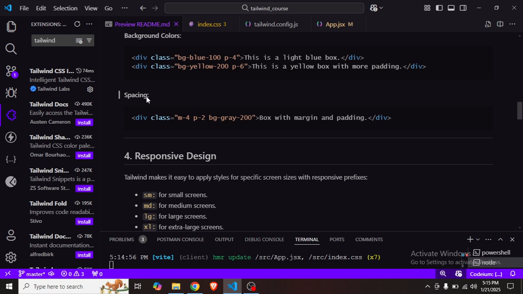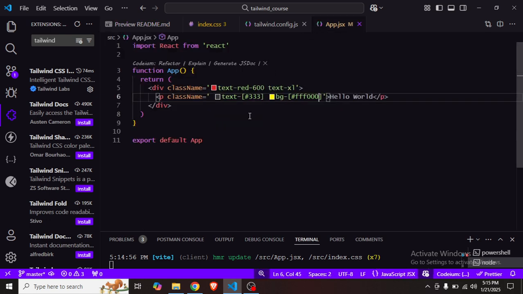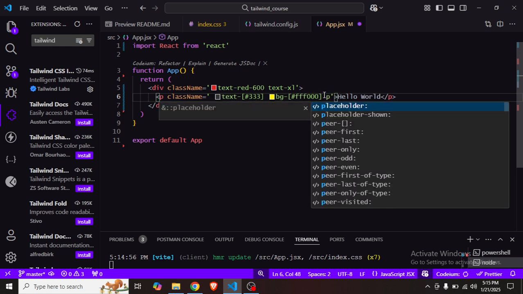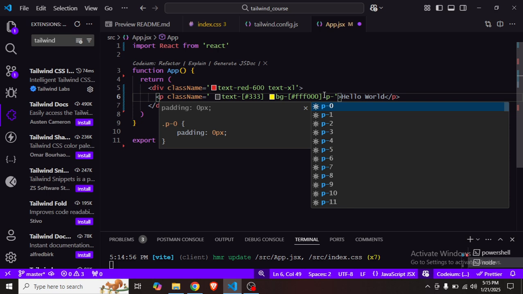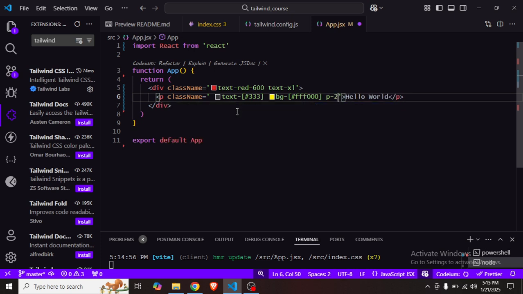So here is another concept which is called spacing, and in spacing we are going to learn about margin and padding. Okay, let me show you what these are. For example, I want to give this some amount of padding. Now how will I do it? You will have to write p for padding for short. Okay, and after this you will have to define how much padding you want. If you want to give it 1, then let me show you, it is equal to 4 pixels. If you want to give it 2, then it is equal to I think 8. Okay, if I want to give it a 4,